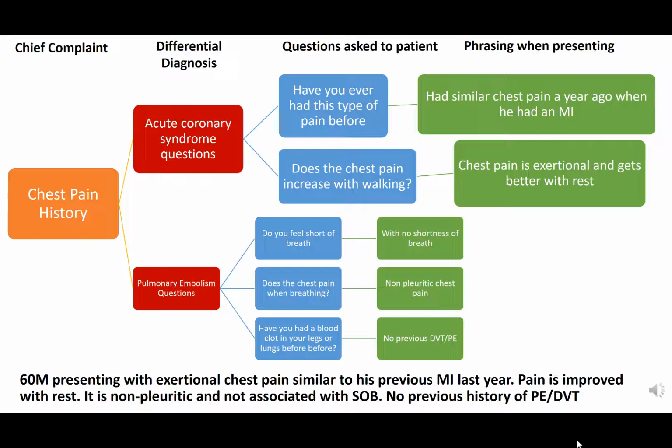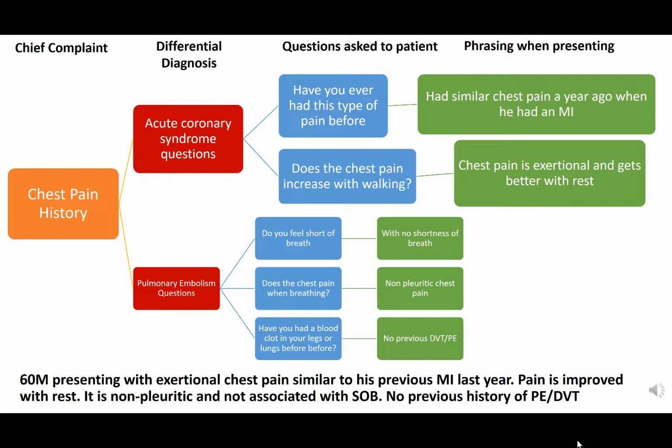This is an example of the thought process I used when translating a history into an organized oral case presentation. Before going in to see any patient, I develop a differential diagnosis based on the triage note. I then organize my questions around this differential. In general, for someone with chest pain, I would ask questions around acute coronary syndrome, pulmonary embolisms, aortic dissections, pneumonia,